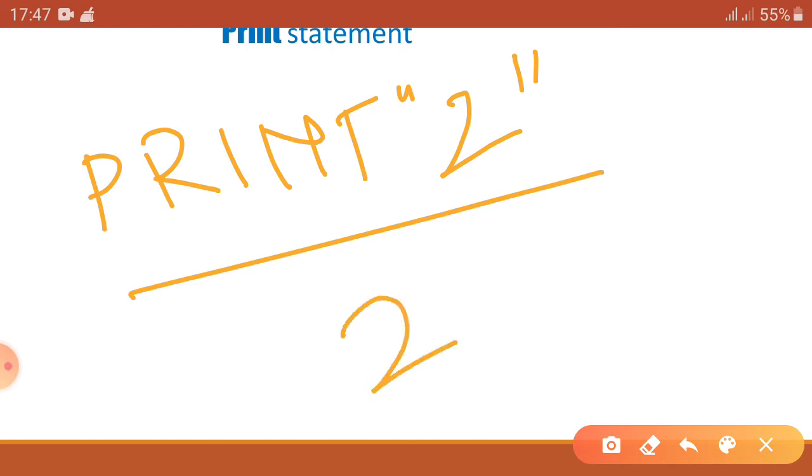Same. Whatever you want to print on the output screen, you always have to write it inside the double quotes. But if you want to do the same thing using a variable, then it will be like this. Suppose I want to print a value using a variable, then you have to take a variable for that value, because we know a variable is a storage place where you can put some value inside it.